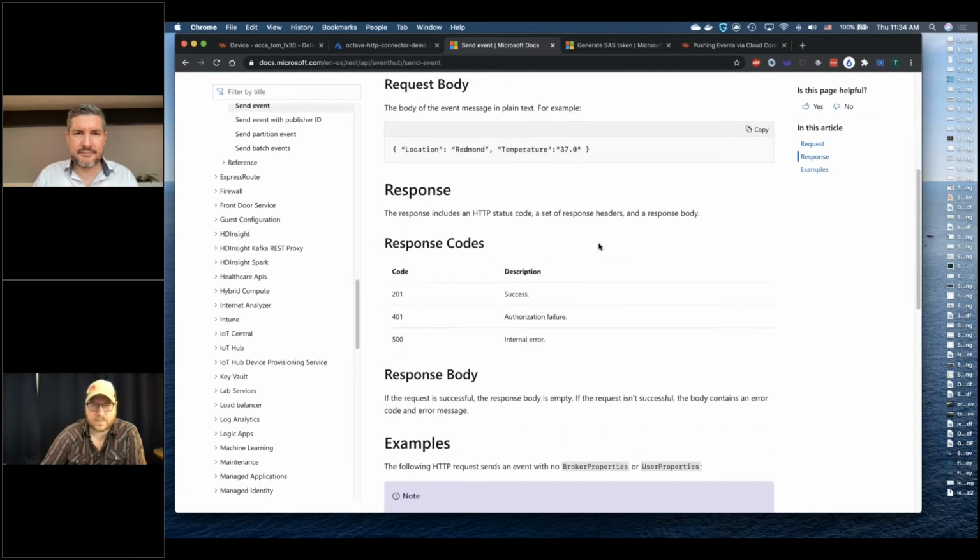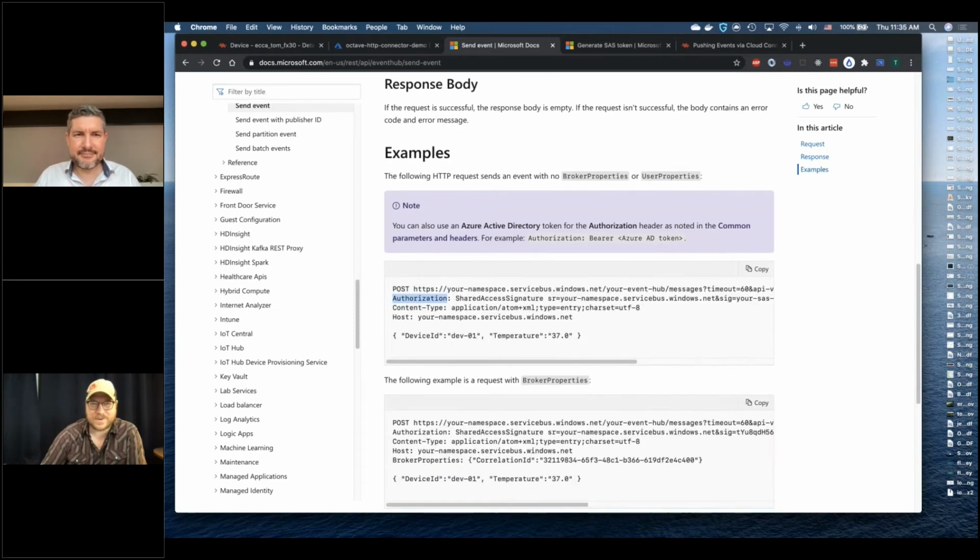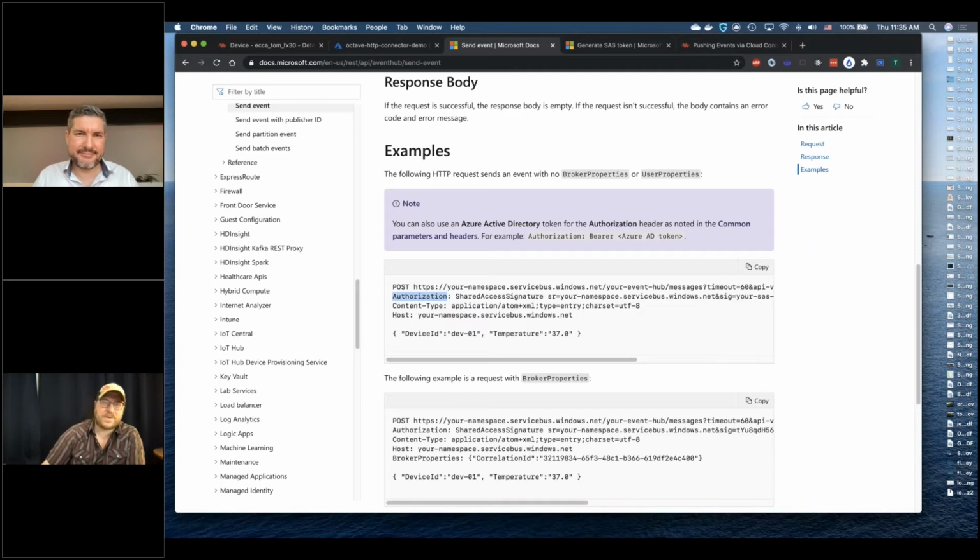Pretty simple. Of course, if that was all, then anybody on the internet could post to it. So there's some authentication involved, right? We have to find a way to only allow our application to write to it, and it uses something called a shared access signature. So we're going to create a shared access signature for our connector to use, and then we're going to put